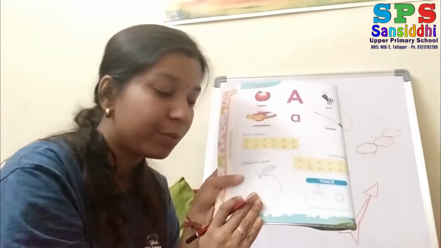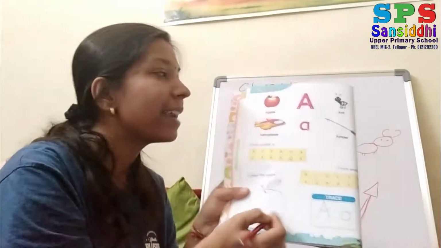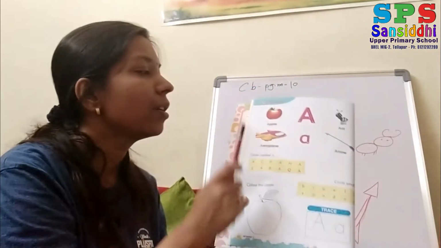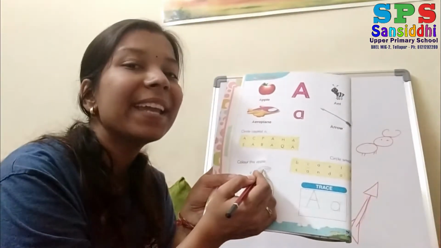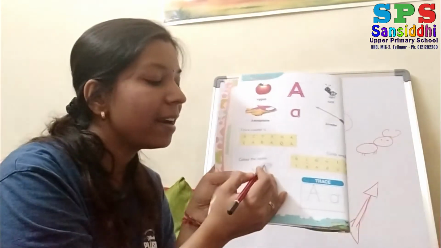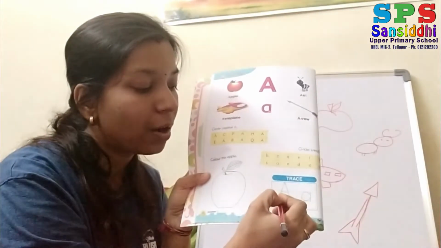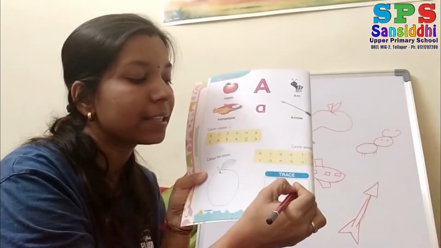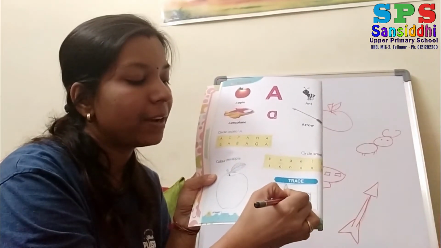Okay, then what you have to do is color the apple. Which color? Red color. See here they have given it. You can see this apple, then you can do this coloring also. Red color, and here they have given one leaf. So the leaf is in green color, right? Apple red color and leaf green color. So color this one. Then you can trace this one also. They have given dots. Okay, so you have to trace this, circle and standing line. So they have given dots.